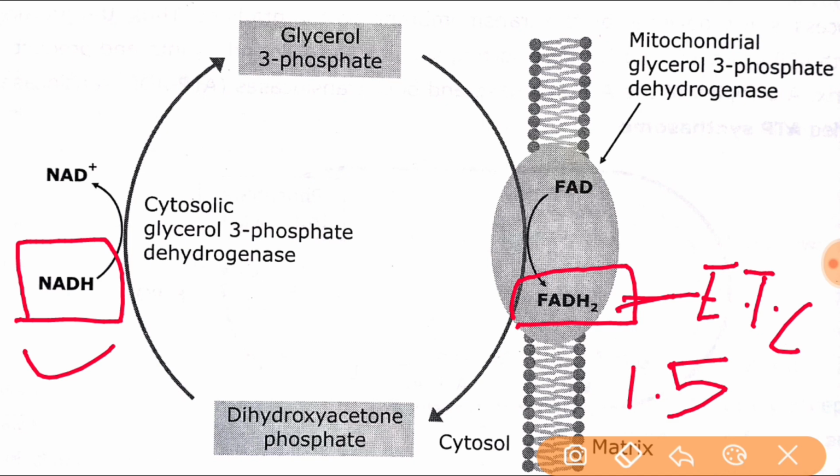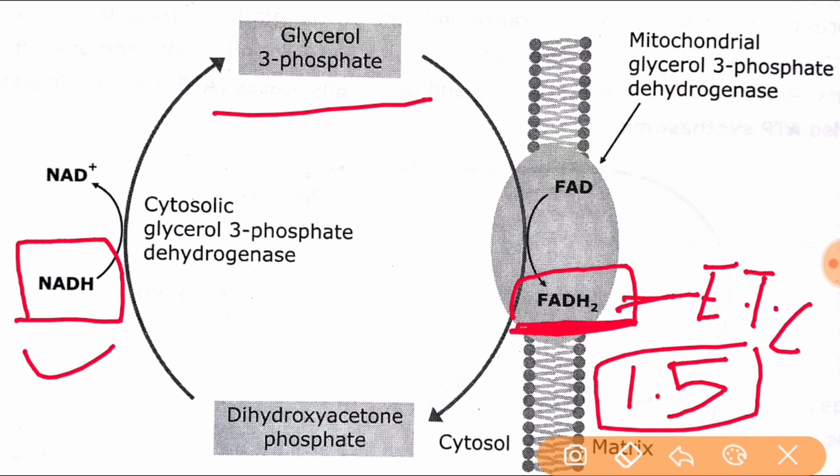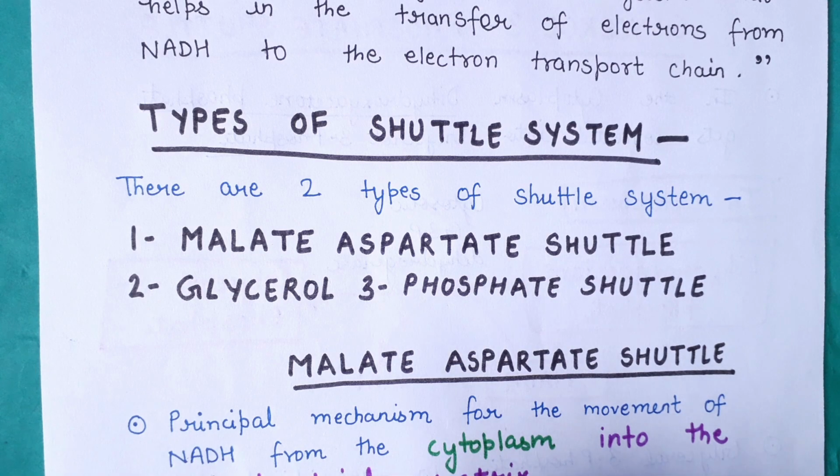So when the malate aspartate shuttle is used, you have a gain of 2.5 ATP, because in the case of the malate aspartate shuttle there is formation of NADH. However, in the case of the glycerol 3-phosphate shuttle there is formation of FADH2 in the mitochondrial membrane. That's why while going through the ETC it will lead to the formation of 1.5 ATP. So that is all about the shuttle